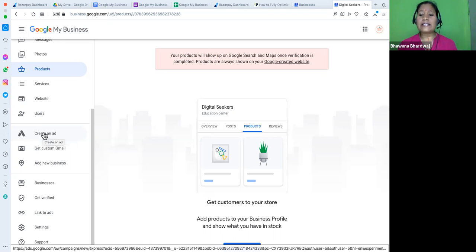If you have less than 30 minutes every day to manage the advertisement, I suggest you use this ad to create an ad. So you can manage your advertisement in Google Maps, in Google Search, and in Google Display from one advertisement.